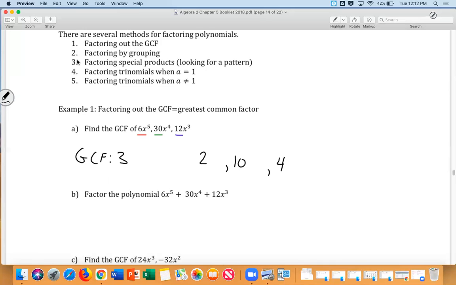Again, I'll go back and deal with the x's. So Hansi's like, okay, I was wrong, 2 could come out. I had the 3 to begin with to get these numbers, now I have a 2. 2 goes into 2 1 time. 2 goes into 10 5 times. 2 goes into 4 2 times. Look at these numbers. Can I take anything out of those numbers? No. So now we know the GCF